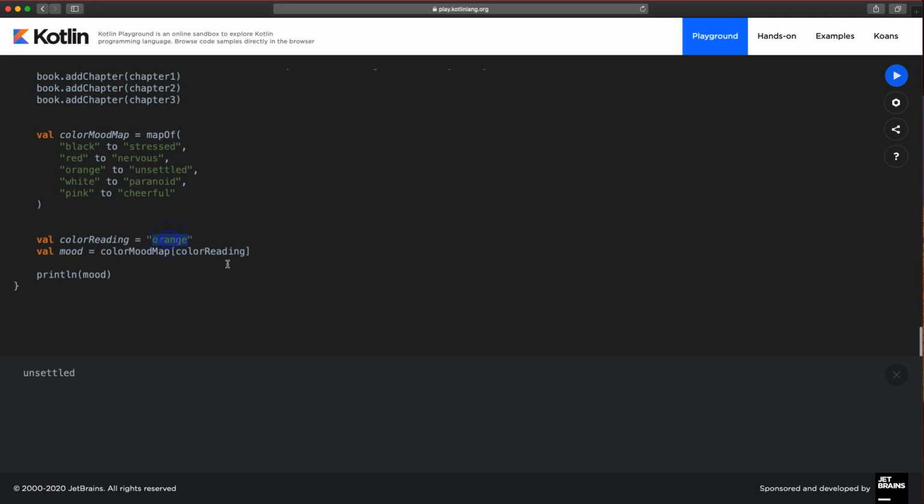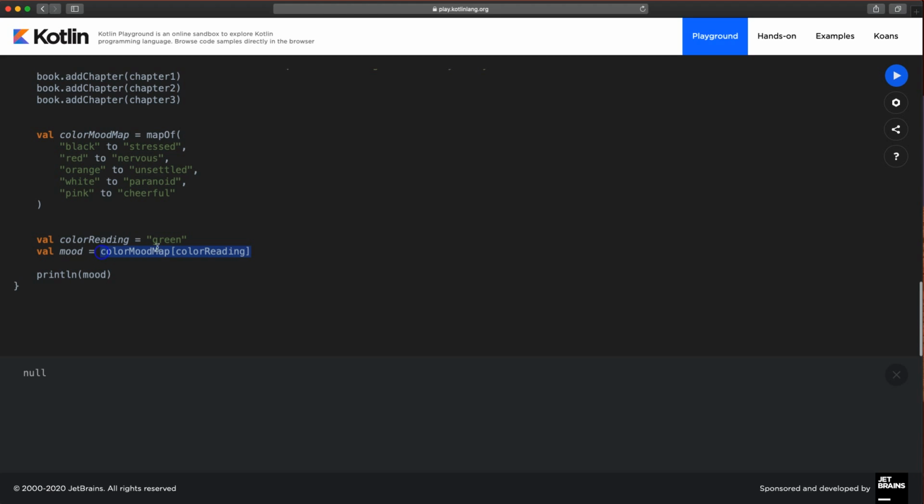But let's go up here and say, maybe the color was green, right? And we don't have that in our map. So you should ask yourself, well, what would happen if it's green and it's not in our map? Well, what happens is we still get a value back, but in this case, it's going to be null. So just something to know, that the value you get out of your map is an optional. So just be aware of it. Again, when we're just doing print lines, it doesn't really matter, but when you write your real code, you'll have to know that there's a possibility I could get a